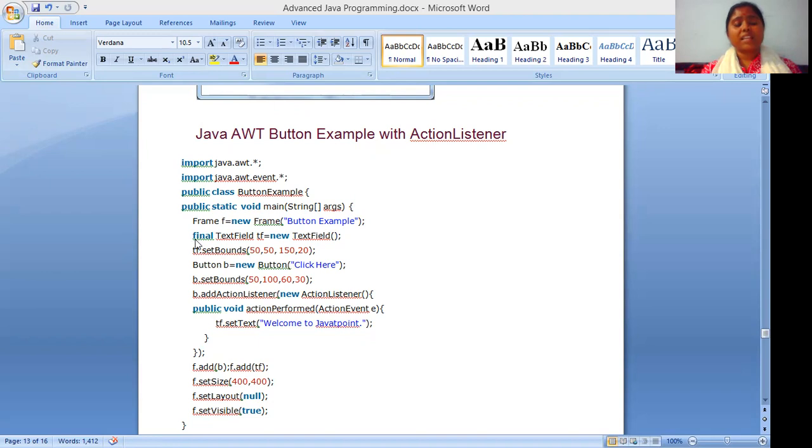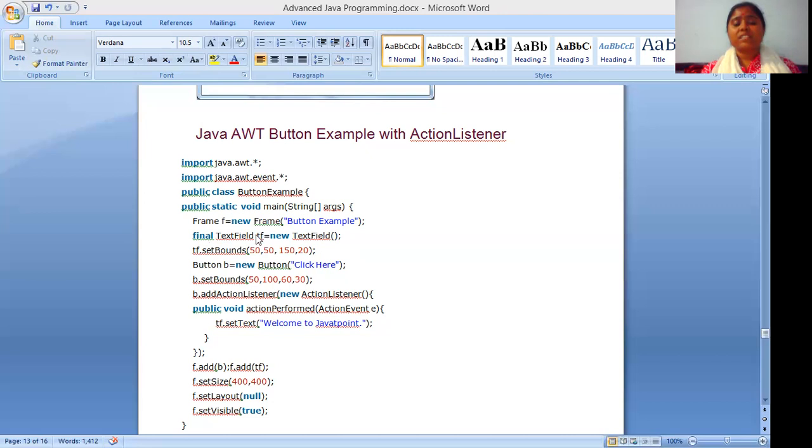Now the next step is final TextField tf. TextField is the class, final is a keyword, tf is the object, equals new TextField class name, parenthesis pair, semicolon. Here we are creating a text field object. This is final because we are using the final keyword.